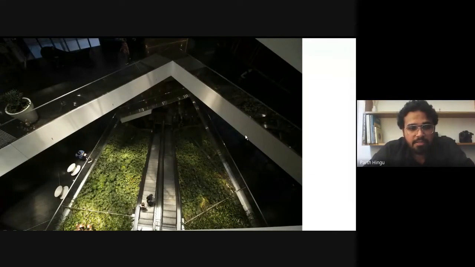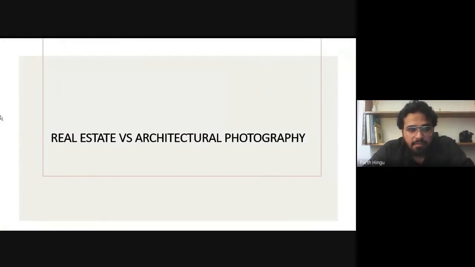So keep in mind this composition and all other aspects. Then the real aspects, architectural photography. Basically we are confused between these two. What is architectural photography and what is real estate photography?